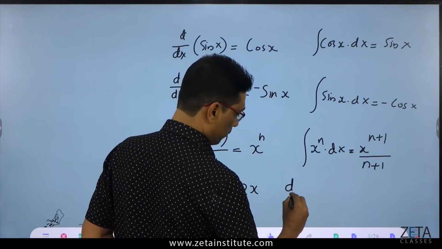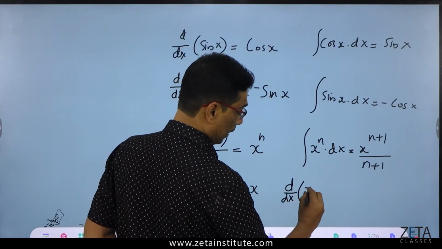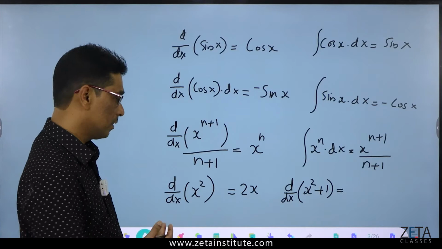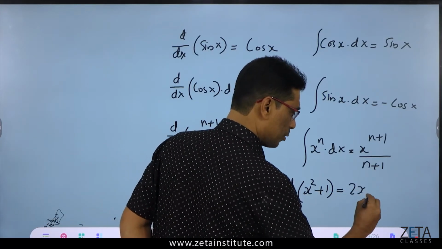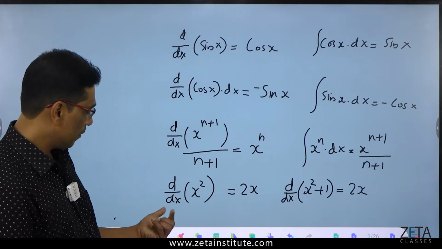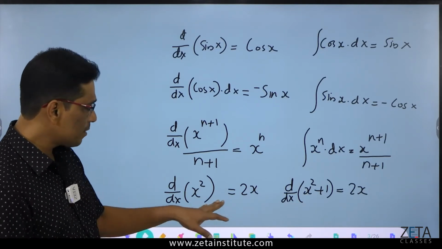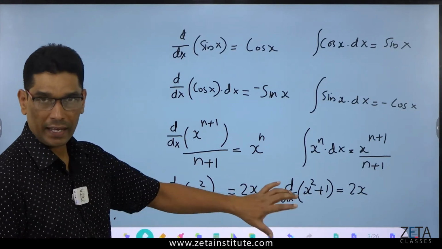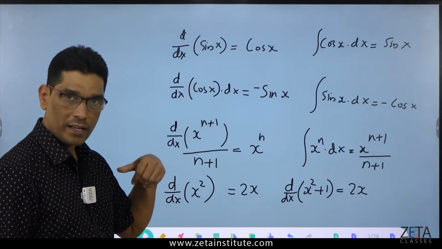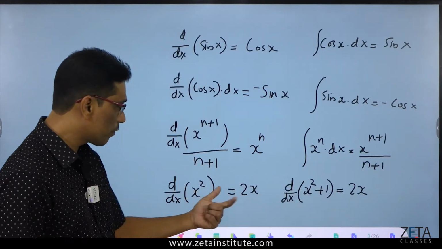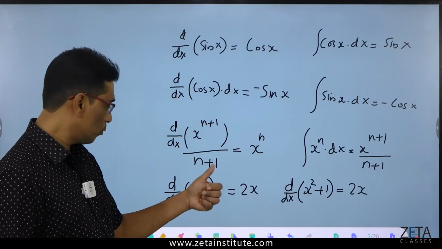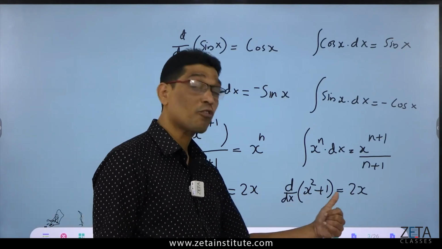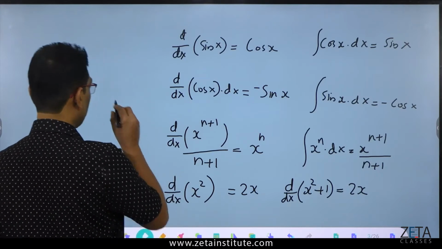So differentiation of x square plus 1. What is that? 2x plus 1? Again 2x only. So look here now. Differentiation of x square is equal to 2x and differentiation of x square plus 1 is also 2x. So if I want to write integration 2x, if I want to make an antiderivative, integral 2x, again integral 2x, I am getting two different values. So integral 2x is equal to x square, okay, that's understood. Again integral 2x is equal to x square plus 1.